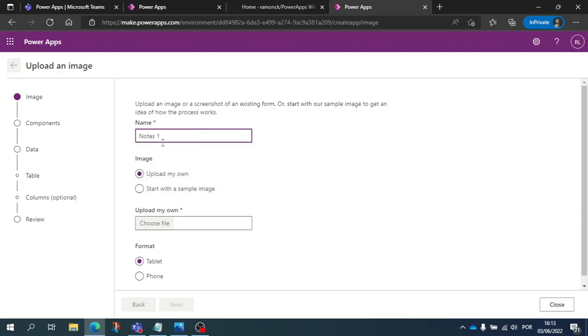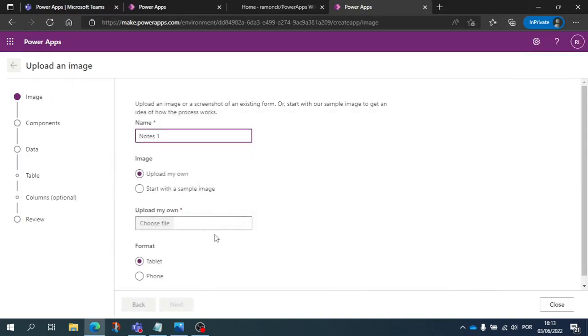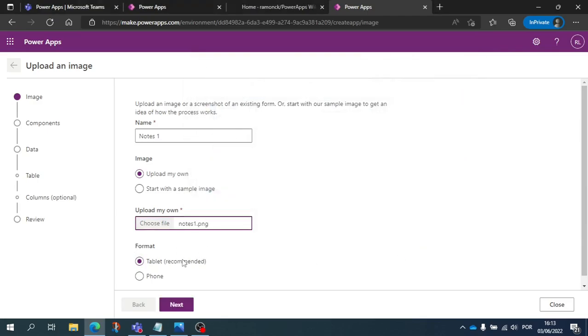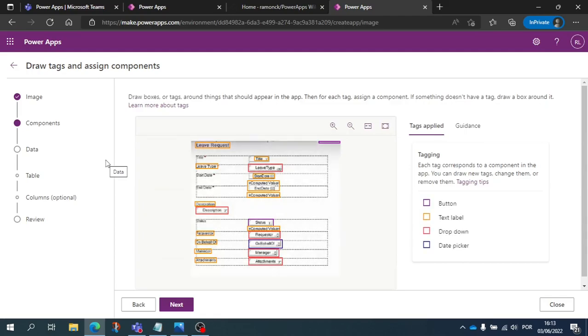So I'm just putting here, for example, Notes 1 application, which is an image I'm grabbing from Notes. This is a print screen from a Notes application that I just saw. I'm thinking about migrating this to Power Apps. This is just something that I grabbed. And if I just grab here this print screen, which is not perfect at all, it already tells us the recommended format. We just click Next. So this is just leveraging Express Design. It already automatically grabs for us the fields, what it thinks about these fields, right?